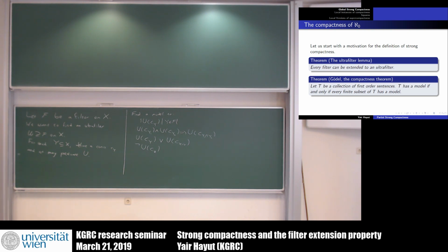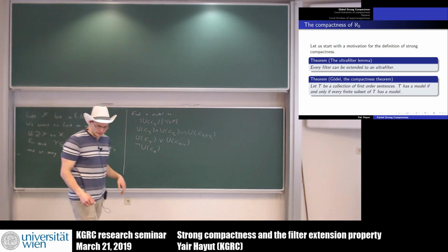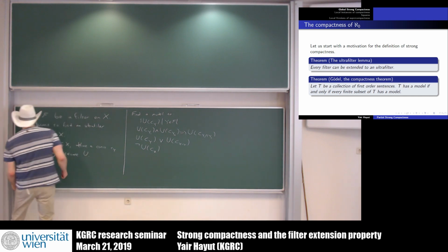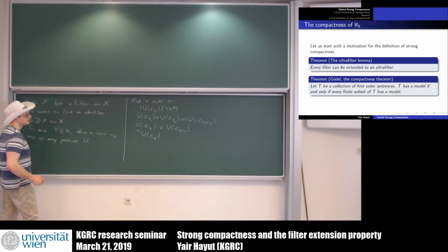Now, how many sentences did we have? The size of P of X, 2 to the size of X, which is essentially the size of a filter, right? Okay, if you want the other direction, we are going through, let's call it, the naive version,